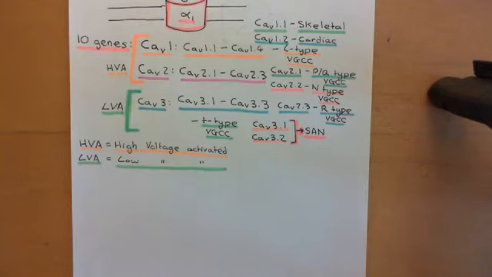So that is the gating mechanism of the voltage-gated calcium channels, and it didn't take us that long because we've seen it all before basically. Now let's talk about permeation and selectivity. Again, this isn't going to take us that long because it is very similar to what we have discussed